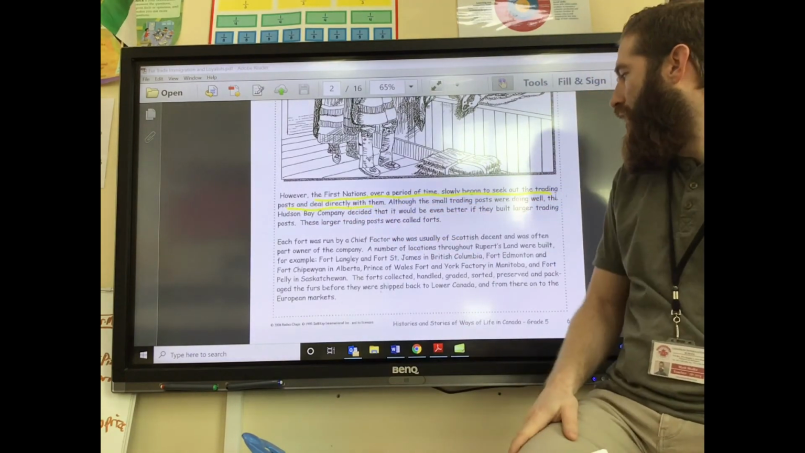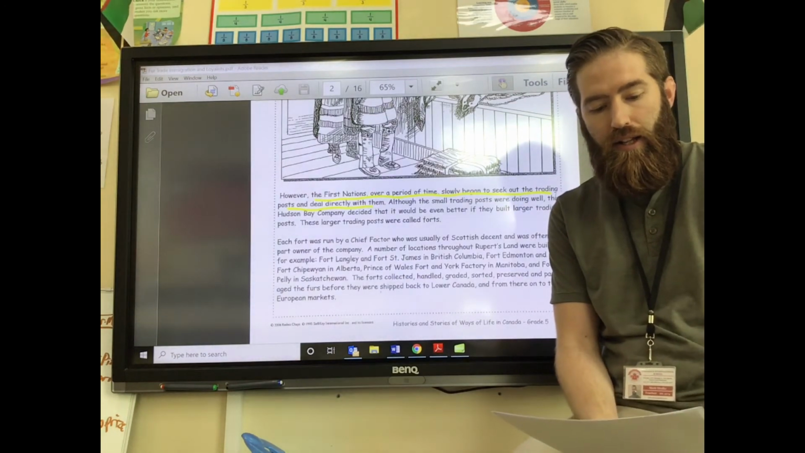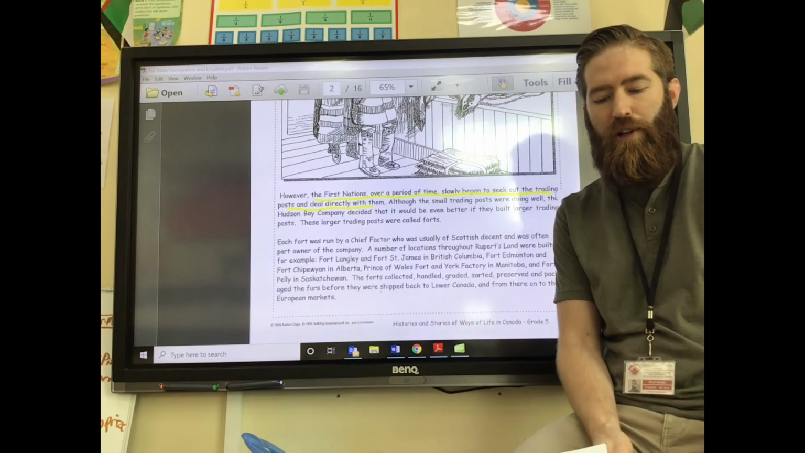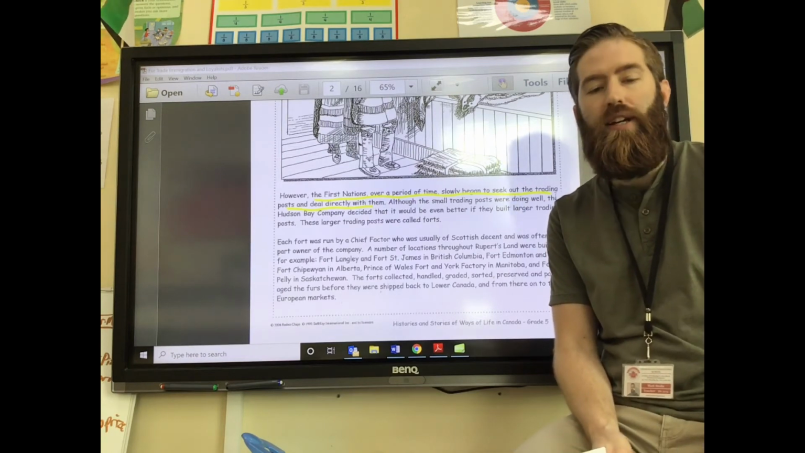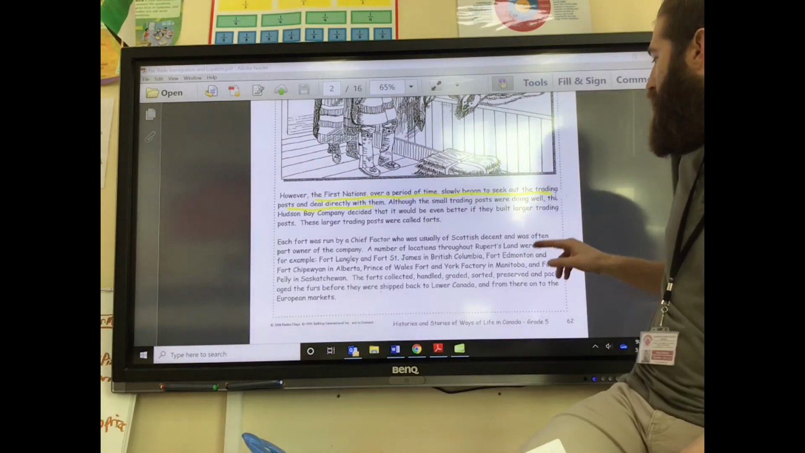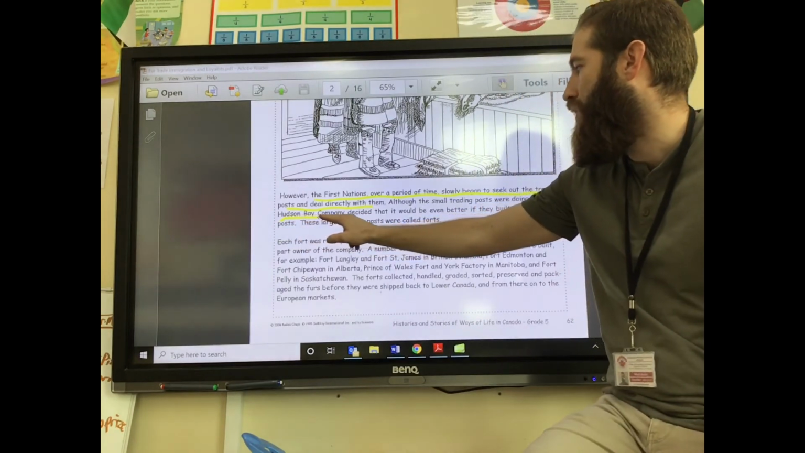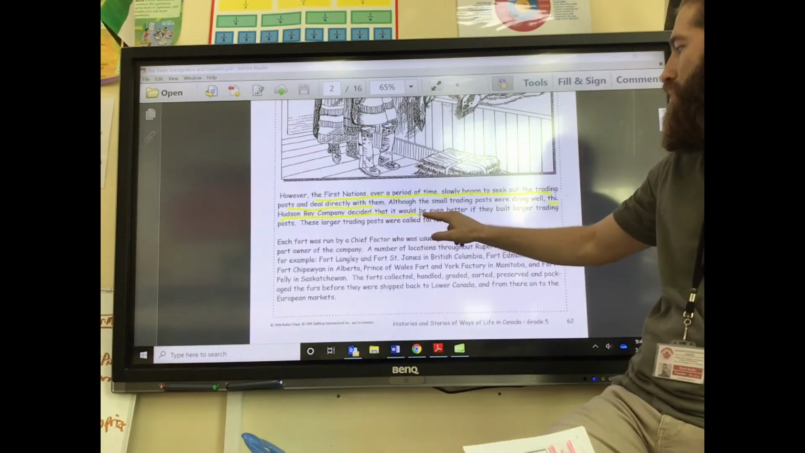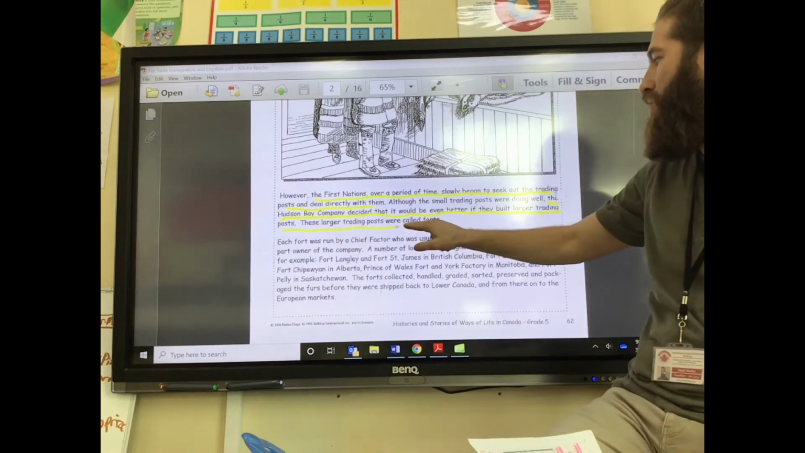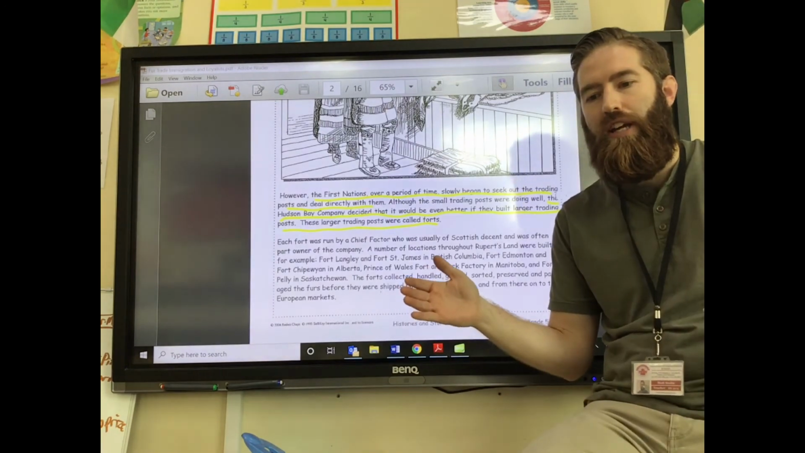Although the small trading posts were doing well, the Hudson Bay Company decided that it would be even better if they built larger trading posts, and these larger trading posts were called forts. So, now we're talking about forts. A fort is much larger than a trading post. A post would probably just be a little building on the edge of the river or wherever they were set up. The fort was actually